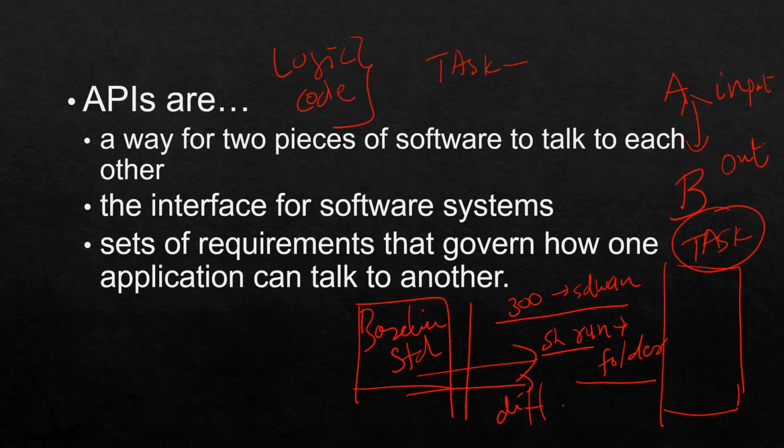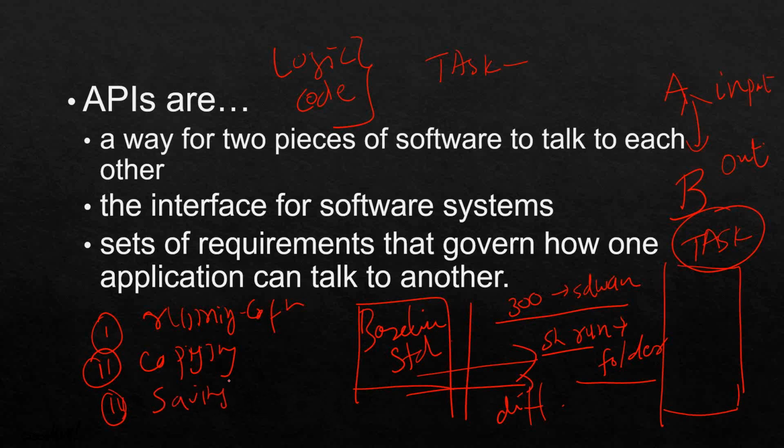But still, these are manual things. Manually you are logging in, manually you are copying, manually you are pasting somewhere, then you are saving in the folder. Correct? So the task is to take the running configuration. You are taking the running configuration, then copying it, saving it to the folder, and the final thing is you are running some sort of difference program and comparing the configuration.